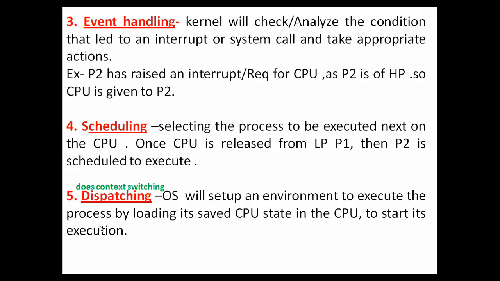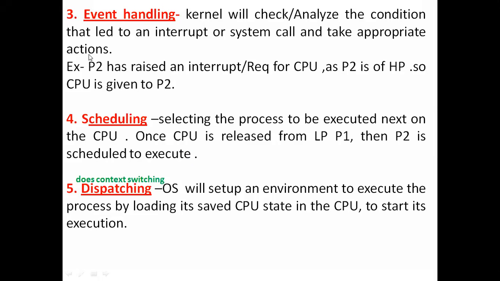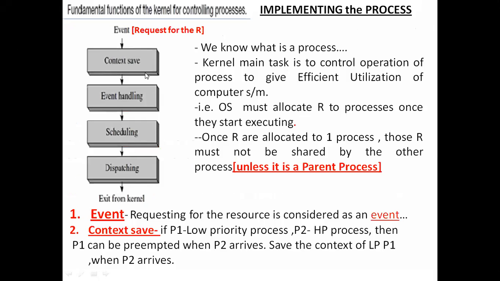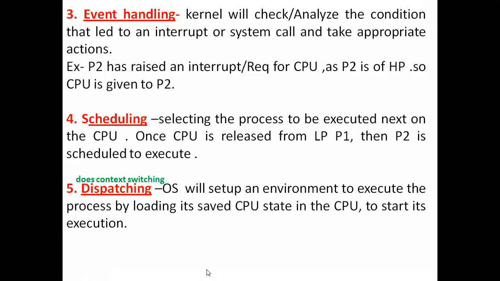So from an examination point of view, you can explain these statements along with this particular diagram, having four steps, starting from context save to dispatching. So these are the steps or the functions of the kernel for controlling the process, or how these processes will be implemented. Here is a diagram and here is the relevant information. Okay, so next we go to